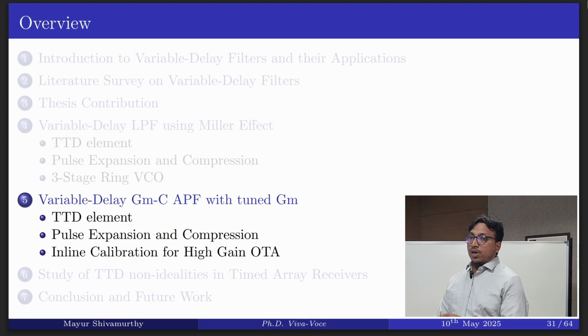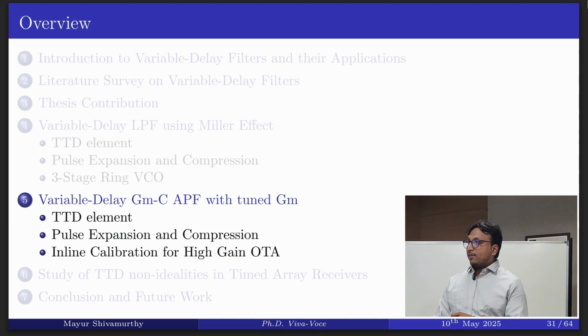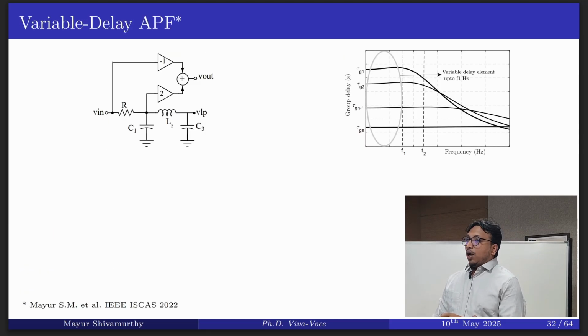Next, we come to the second contribution of the thesis, which is basically variable delay GMC all pass filter with tuned GM and their applications. This figure shows the third order Bessel all pass filter, in which, for example, for a given set of C1, L2 and C3, if tau G1 represents the group delay of the all pass filter for a given bandwidth F1, reducing the values of the inductance and capacitances would reduce the delay from tau G1 to tau G2